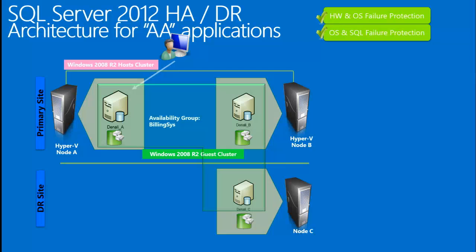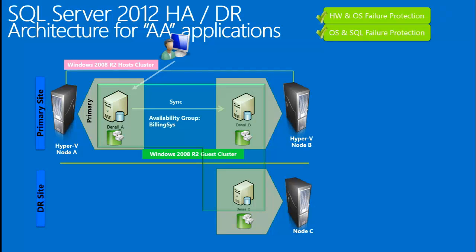Number 3, now we introduce the availability group. With an availability group, I can group one database or multiple databases as one group, so that when I initiate a failover, I fail over all those multiple databases as one availability group altogether. That's where we have the patient billing system. We have the primary instance on the left side, which is Denali A,